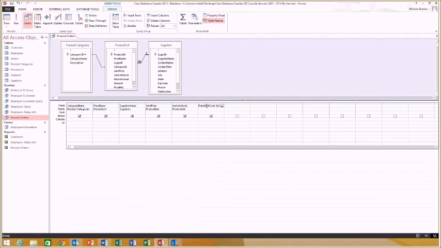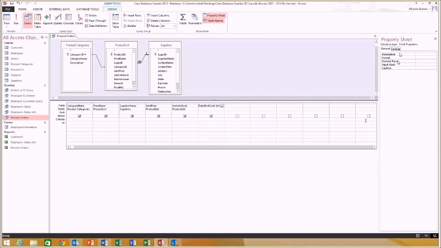And now if I right-click, I can go to Properties, where there's a Property Sheet button up here. But it brings up the property box for the field. So now, if I wanted to, I could put in a caption. Remember, captions will replace the field name. Oh, I'm sorry, total unit cost. And if I wanted to take out the decimals, I could go to, sorry, I'm losing my mouse here, and